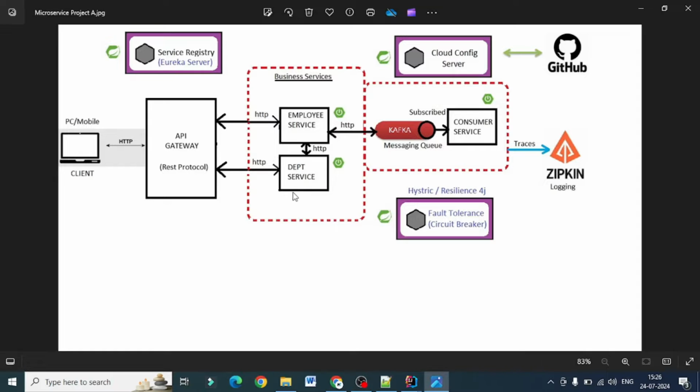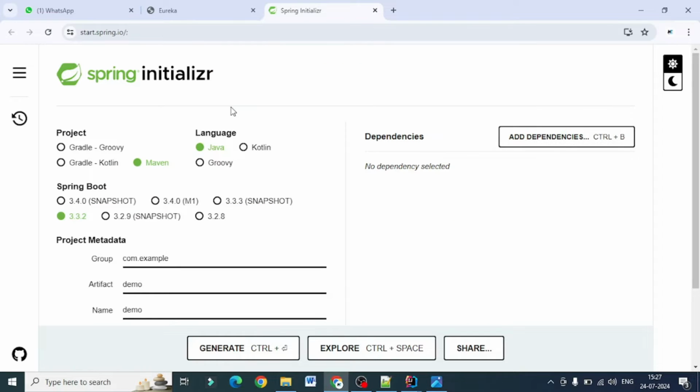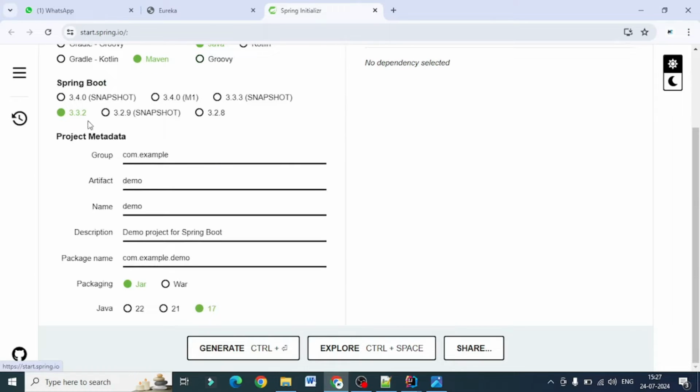Let's create department service first and then we will create employee service. As employee service is depending on department service, so we will create department service first and then we'll map it to employee service. So let's go back to our Spring Initializer. We'll take project as Maven, language as Java, Spring 3.3.2. We'll create a group Binastep dot